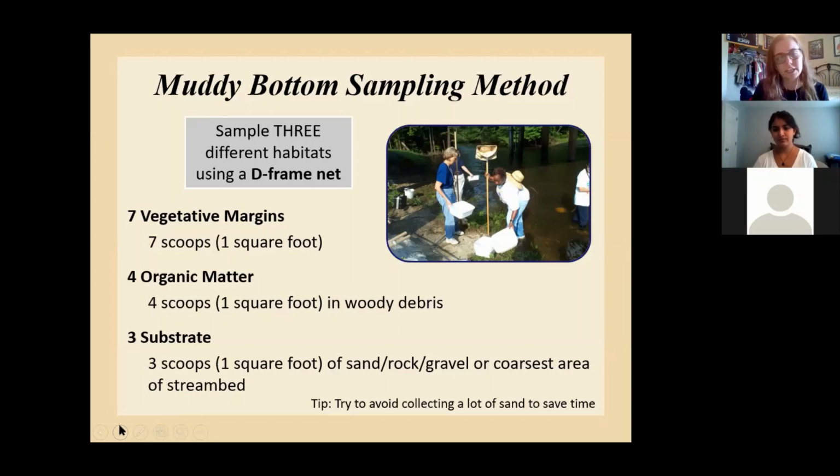Jackie told us about vegetative margins. Those are at the edges of the stream where we're going to see that overhanging vegetation. We're going to see some roots living in the water, getting some nutrients in there. We want to sample at those vegetative margins and look for macros that really like to use those roots and overhanging vegetation to thrive.